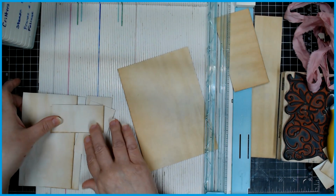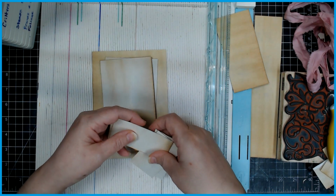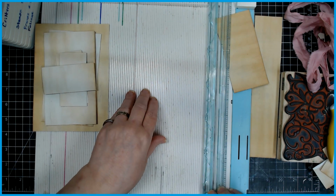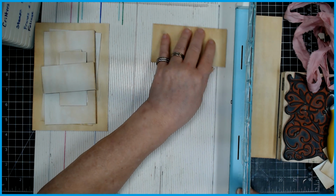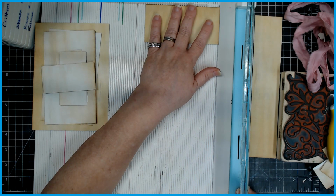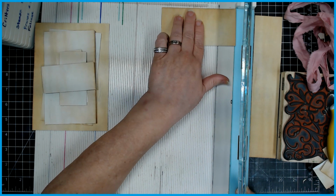Okay, there's my 5x7 for ATCs or 1 ATC set. There's 1 set of the 2, 1 set of the 2. What is this now? This is 2.5 by 5. I think I'm going to do this. I think I'm going to cut this down. If I cut it down to 4 inches, would that be kind of a...